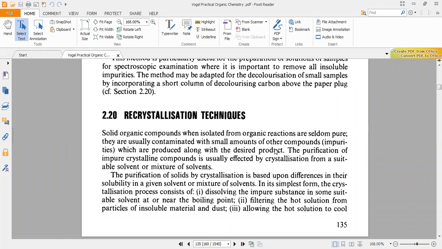When we filter this, its temperature decreases. When the temperature decreases, the solubility of the solute also decreases, because if you remember, by increasing temperature, solubility increases. Keep in mind that there are two terminologies used in the industry. One is called quenching, the other is called annealing.